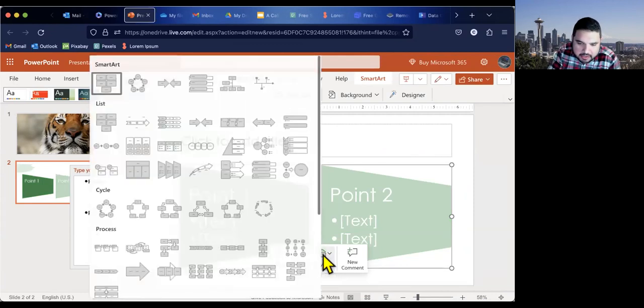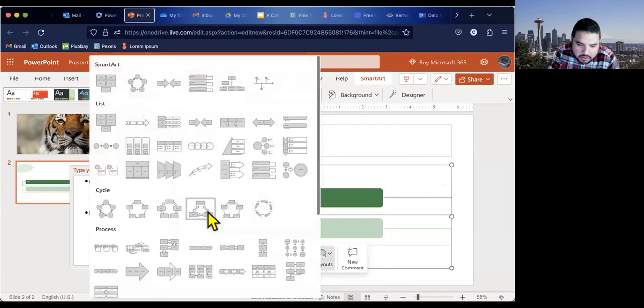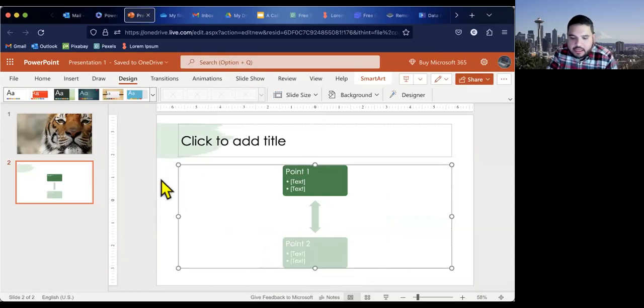And if I'm not happy with the trapezoid, I could just change it automatically. I could just choose Layouts again, and I could choose a different set of shapes. And I don't really have to do too much. It just kind of does it on its own. So that's a really great way to move away from those bullet points that you see in every PowerPoint presentation. The last thing I want to show you on PowerPoint before we move on to Google Slides